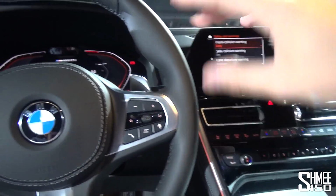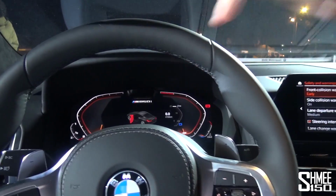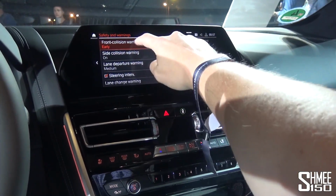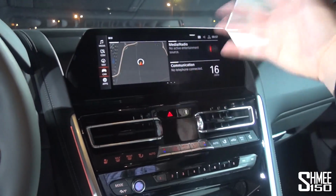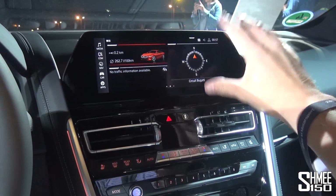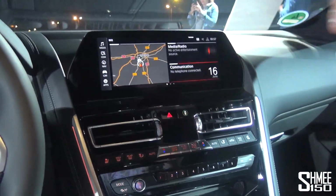There are some elements that are very, very smart. The screen is nice with the design. That's quite unique the way they've done that. This central screen is large, clear and bright. It's a touch screen as well. You can jump through the various different modes, have your tiles set up, your different display screens. This opens up a whole world of magic in terms of how you have it and what you can do